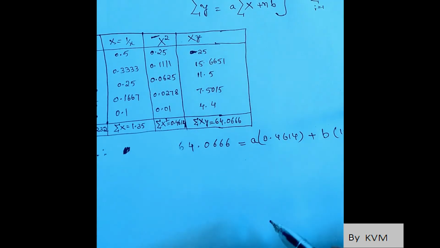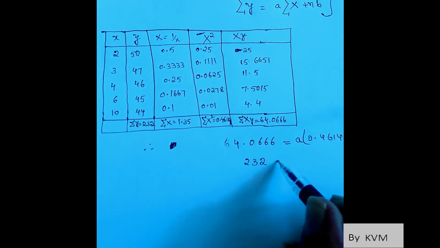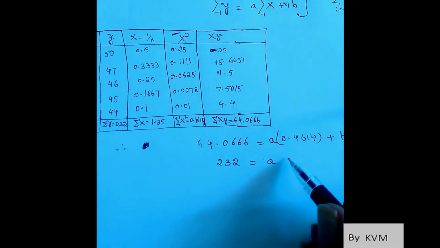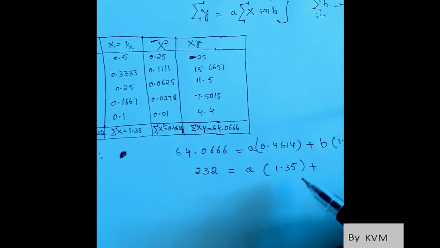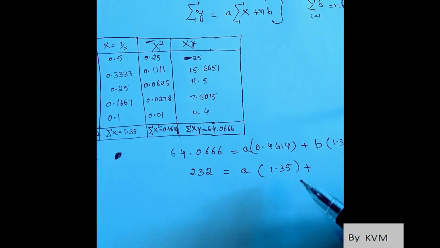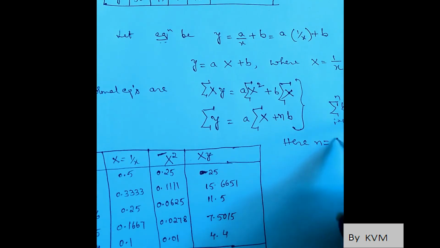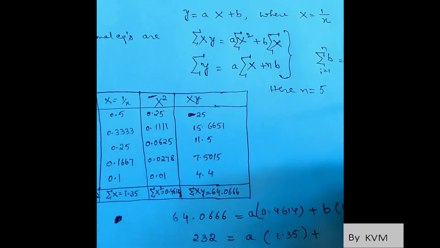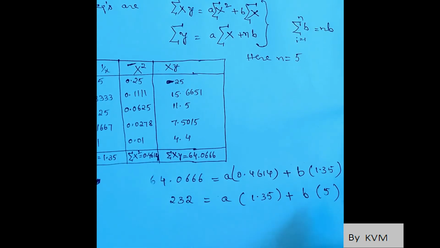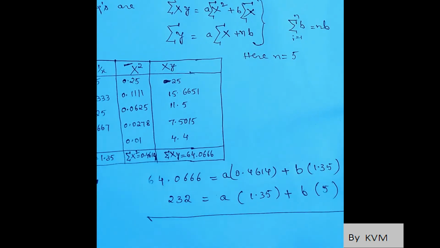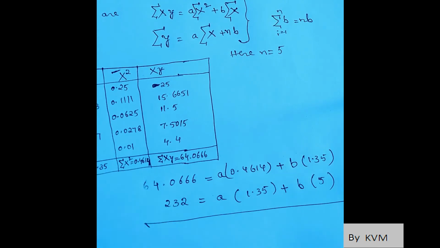So similarly, from the second normal equation, sigma y is 232, equals a into sigma capital X. Sigma capital X is 1.35, plus n into b. So here n is the total number of values given, which is 5. So n into b is b into 5. Now solving these two normal equations, we get